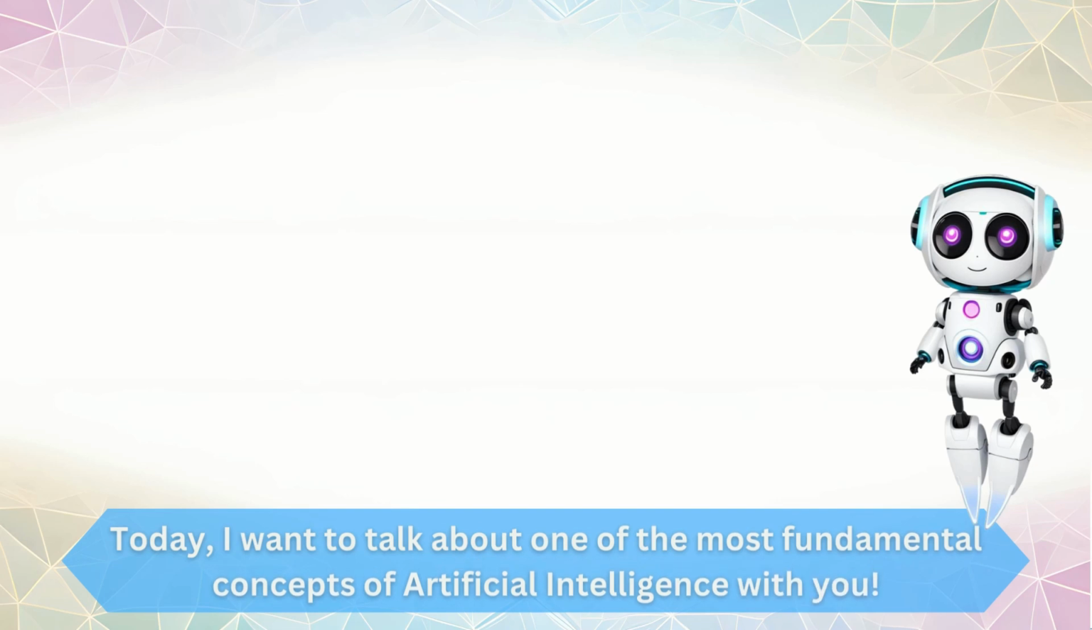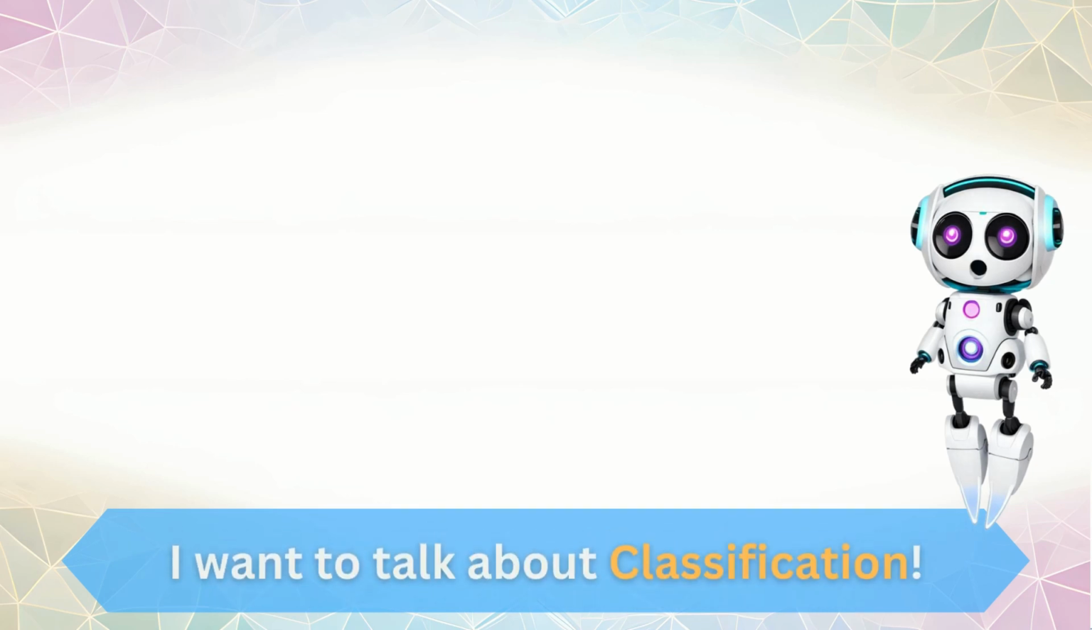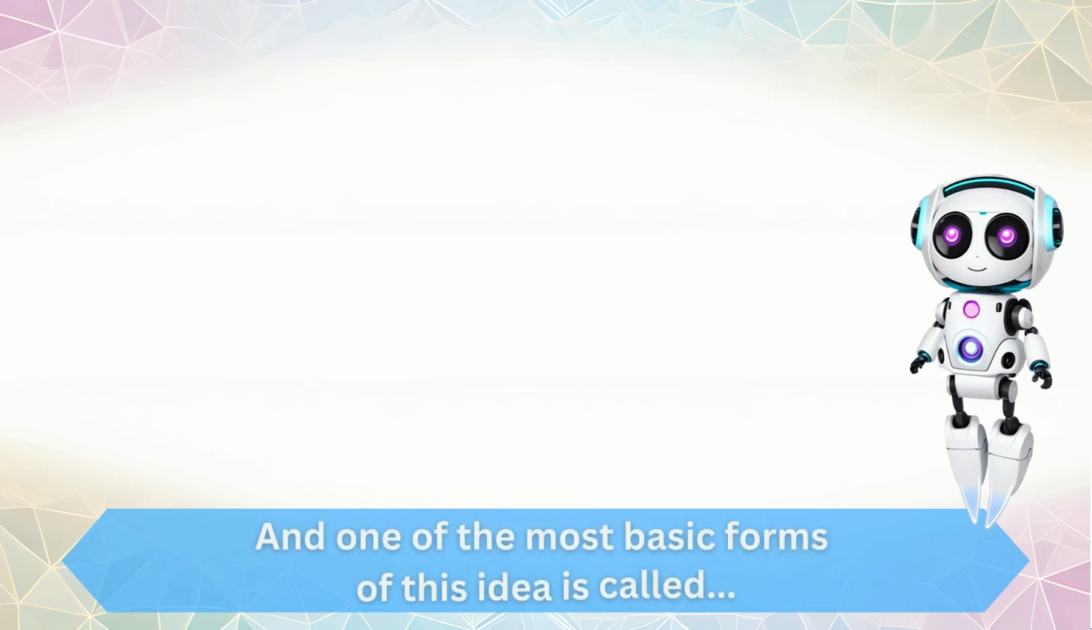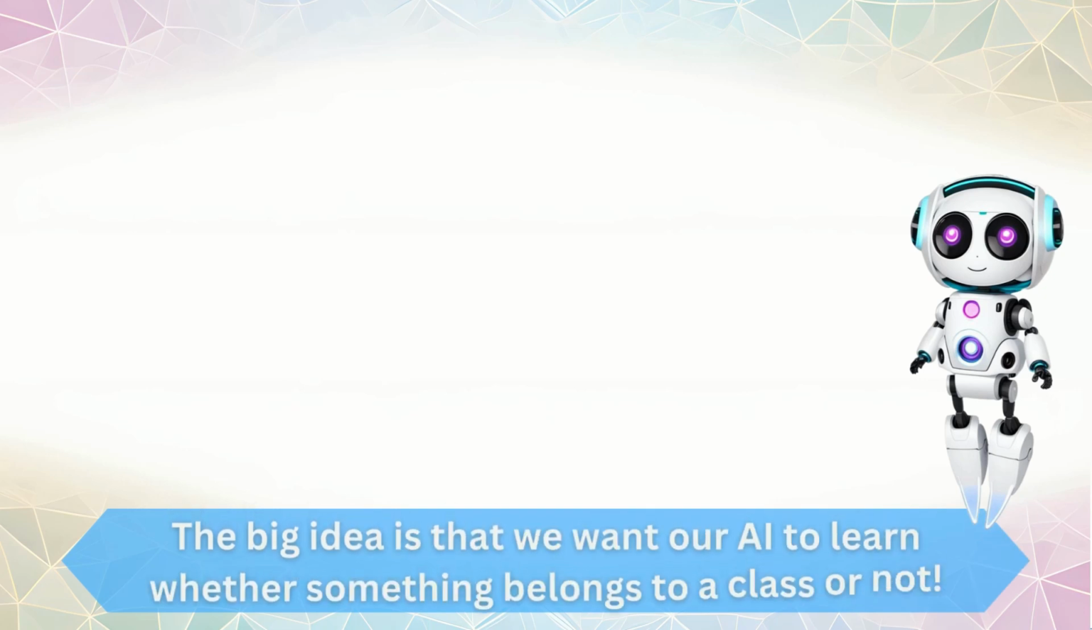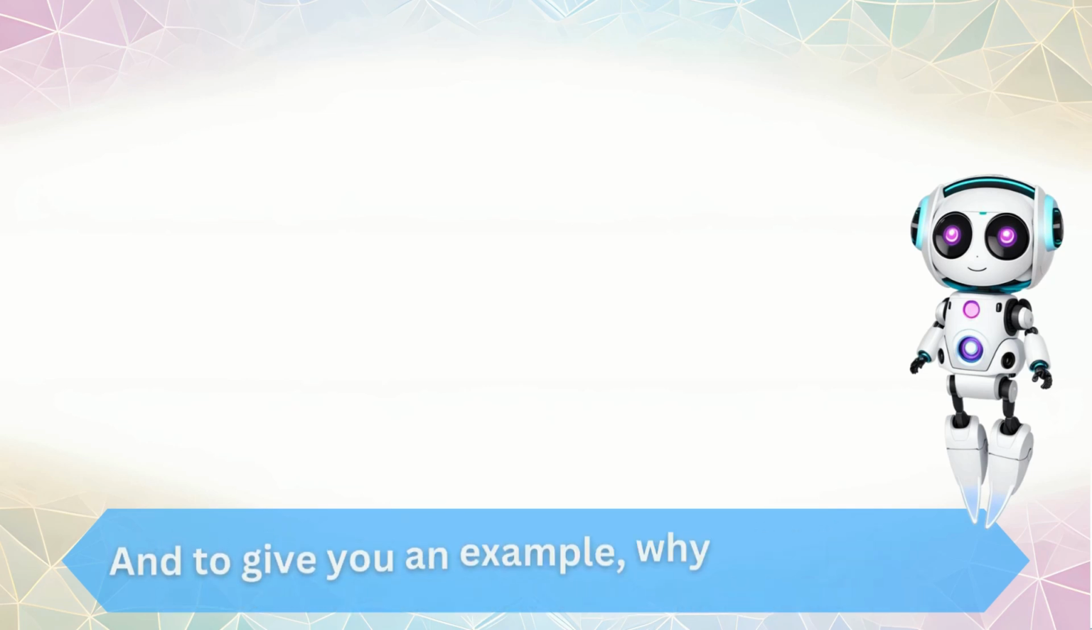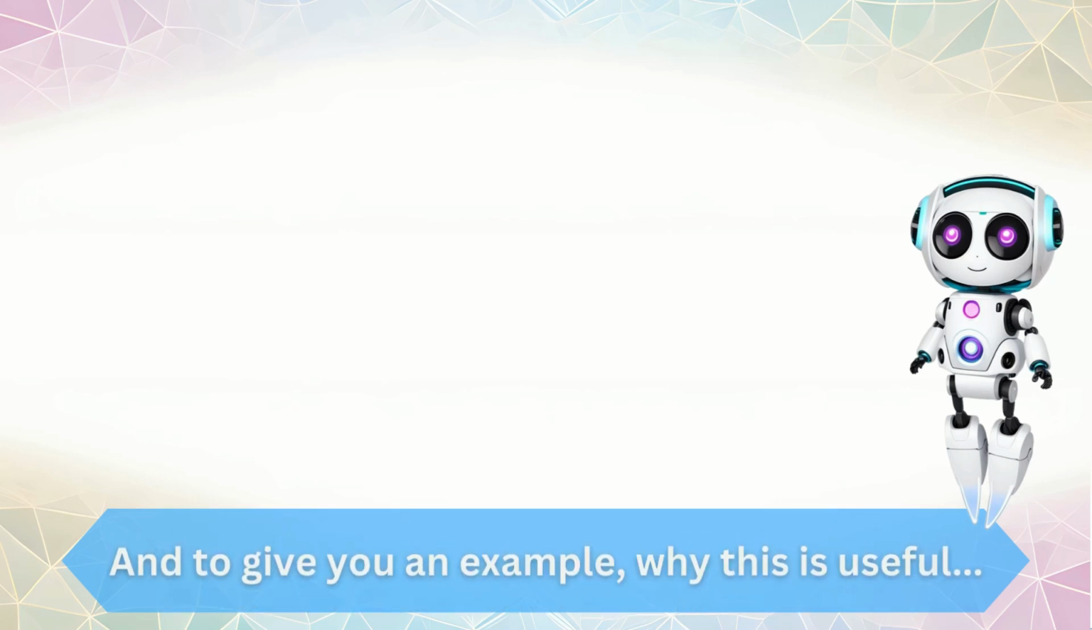Today, I want to talk about one of the most fundamental concepts of artificial intelligence with you. I want to talk about classification. And one of the most basic forms of this idea is called logistic regression. The big idea is that we want our AI to learn whether something belongs to a class or not. And to give you an example why this is useful,